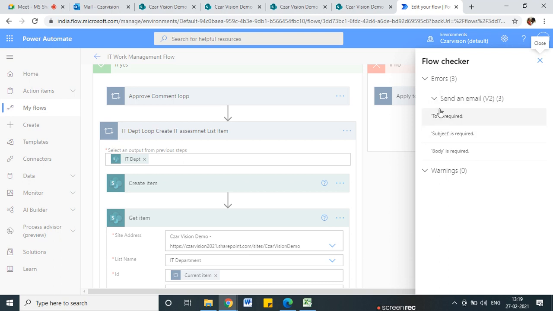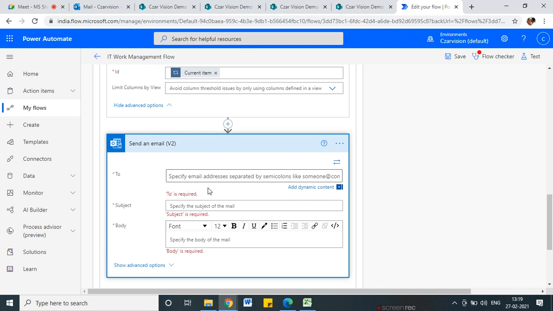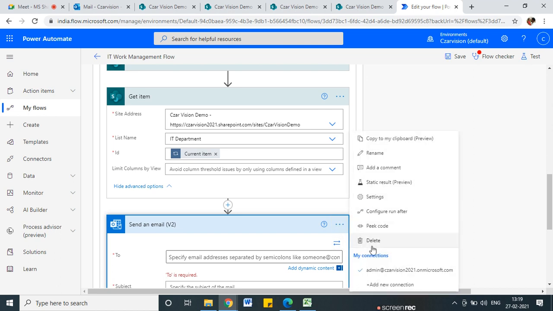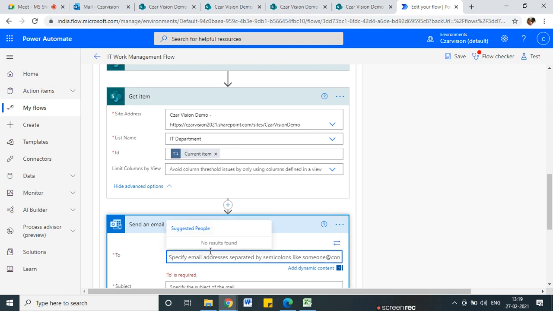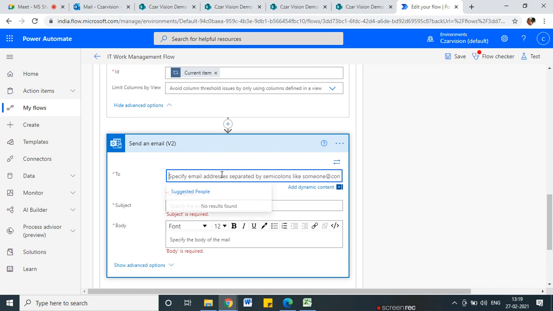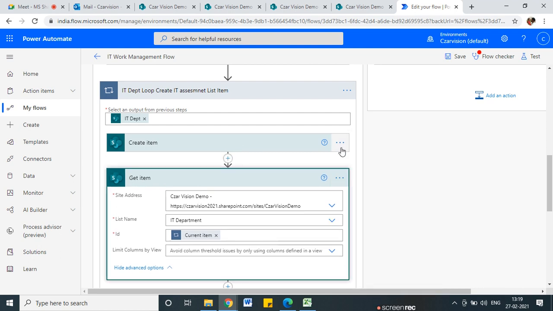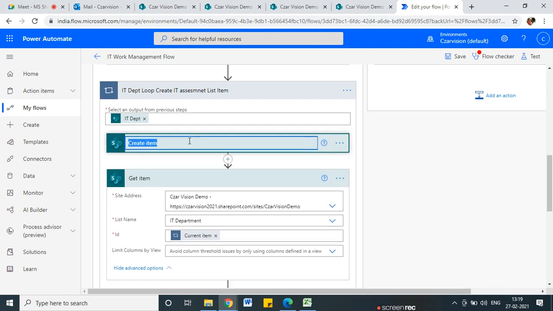Okay, again here send to and subject body, where is this issue? Okay, so I just get items, I ignore this. Okay, or I select here get items, just meta, here I rename it. Always keep the habit to rename, create which items, IT